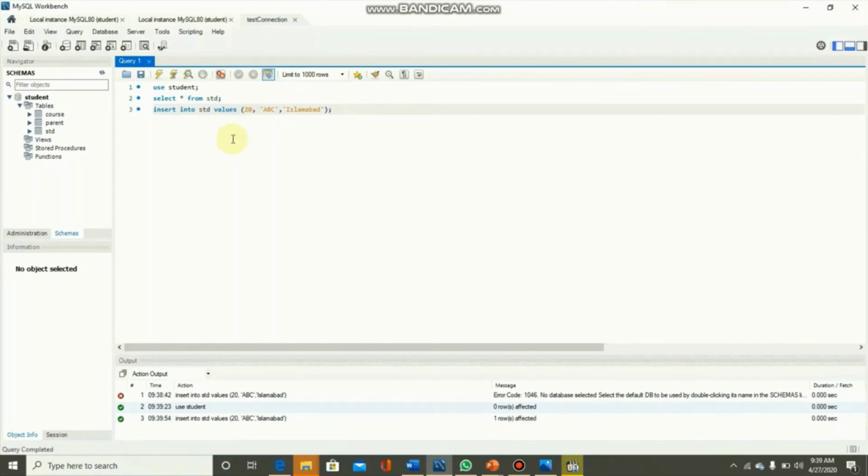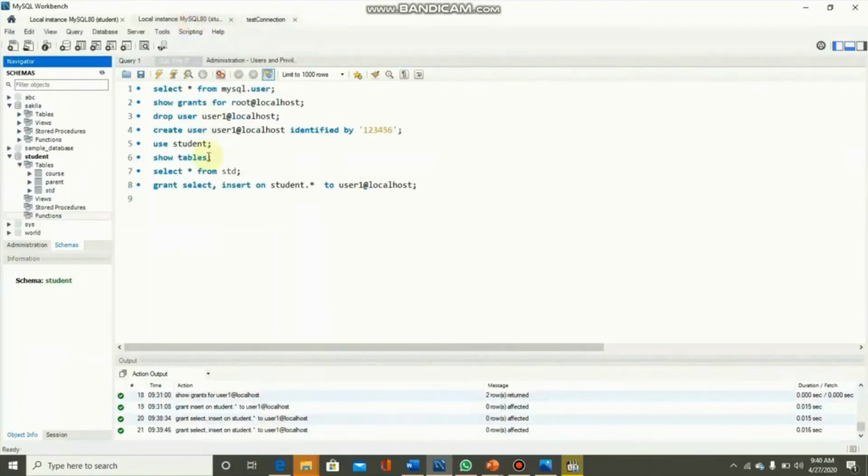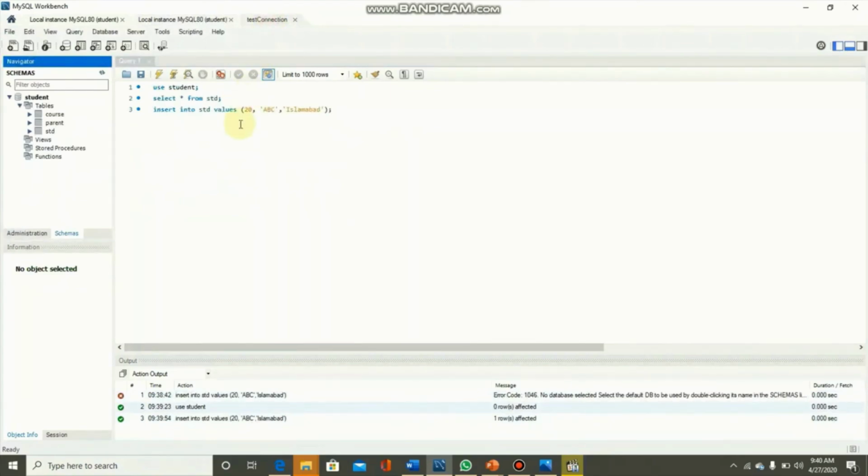So before it was only select, so insert was not working, but when we executed this grant with select and insert, and you can also execute this without select, only insert is enough for the insert query, user1 got the privilege for the insert operation.